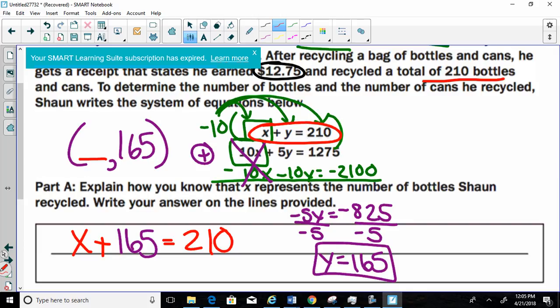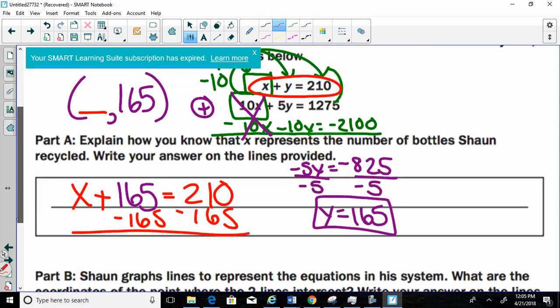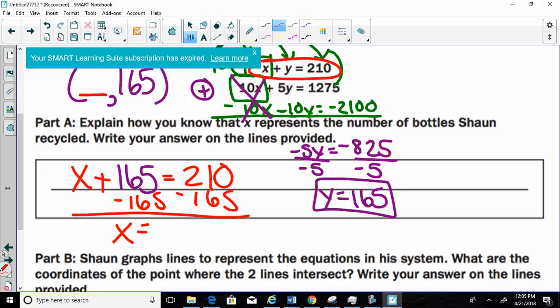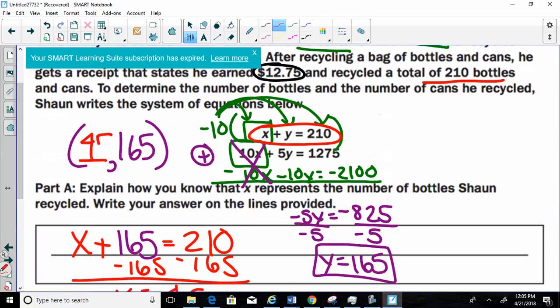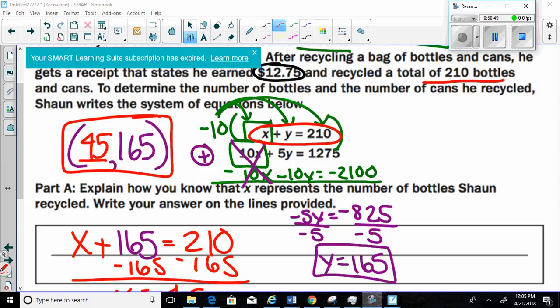How do I get x by itself? You subtract it from 210, and then you get 45. So in order for him to reach these goals, he would need to do 45 bottles with his 165 cans. So this is all you need to put in the answer. So before you leave,